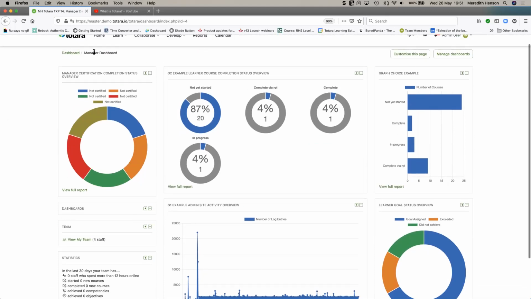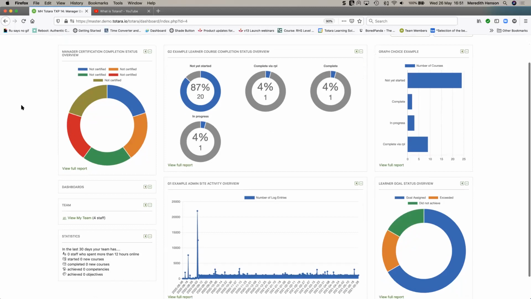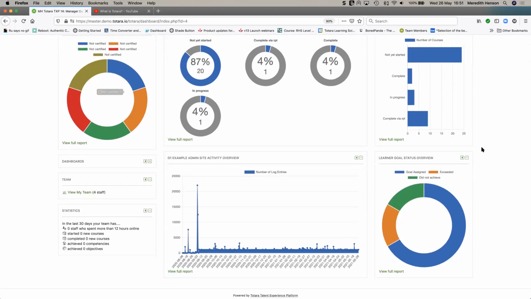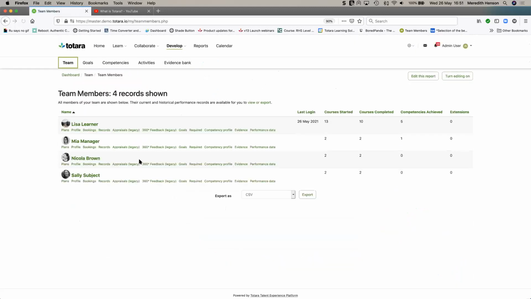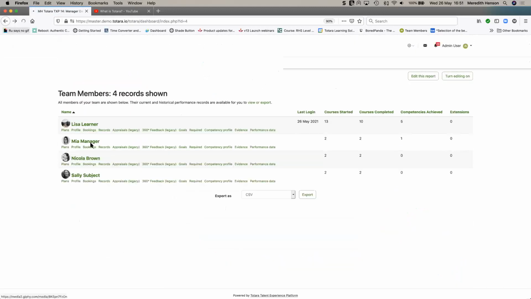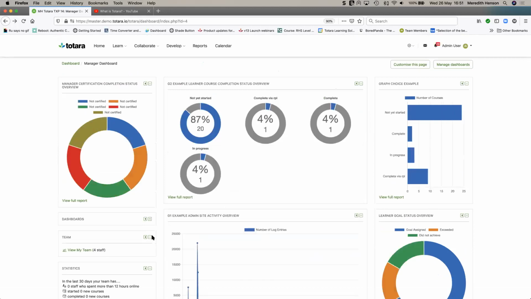Because I'm an admin, I'm a manager, I get to see this dashboard here where I've embedded some of the prettier looking reports, but it can also act as a point for me to view what my team has been up to, jump into that team's area, or even see my tasks and alerts as they relate to me as a manager, which might be approving seminar activities or viewing certain content, or even approving a learning plan, which we didn't cover today, but there are some great courses on learning plans available across the Academy.